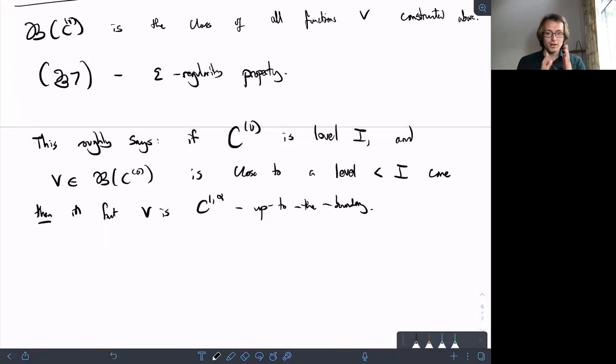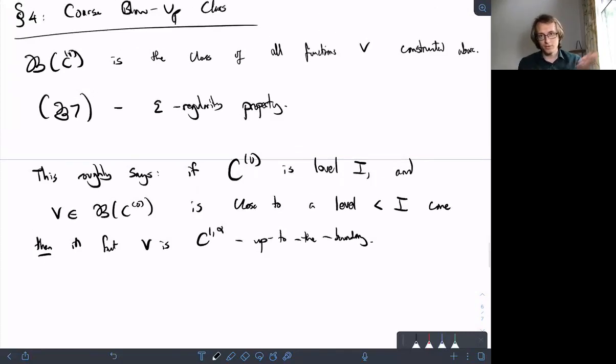And the thing is, in the level 0 setting, this epsilon regularity property trivially follows because you can't decompose into more half planes than 5. And as I said before, it just results from harmonic function regularity. So we can actually prove directly from the other properties of the blow-up class that the elements of the blow-up class are C1,alpha up to the boundary. And then we use that to get the excess decay. For the level 1 cones, we want to use the fact that we understand the level 0 cones, and in fact we have the regularity theorem there, to prove this epsilon regularity property for the